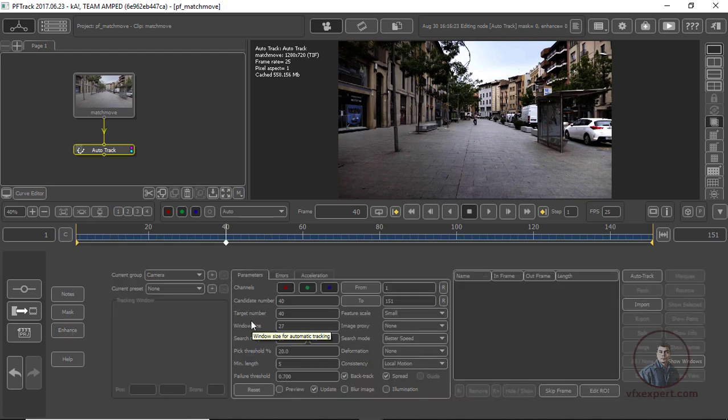Okay, now you are in parameter options. Now downside simply click on preview. Now here you can see these points are going to track. Okay, so if you want to increase your number of points, then simply click on candidate number. Now here just increase a little. So I have given the value 100. Okay, so now I am going to track 100 points. Now after this you have to click on auto track. Now just click on auto track.